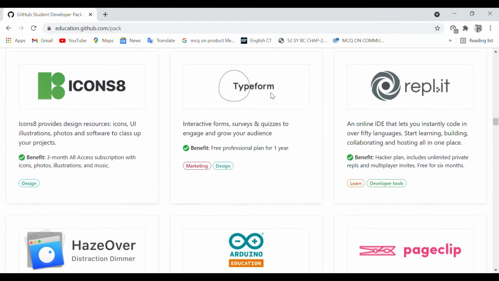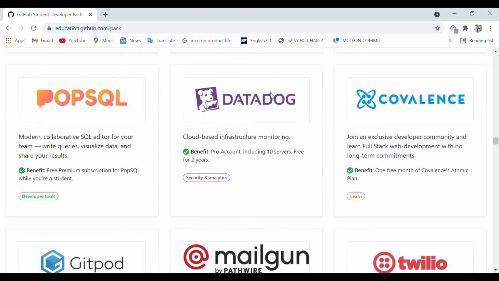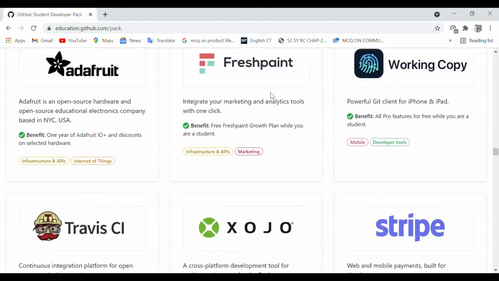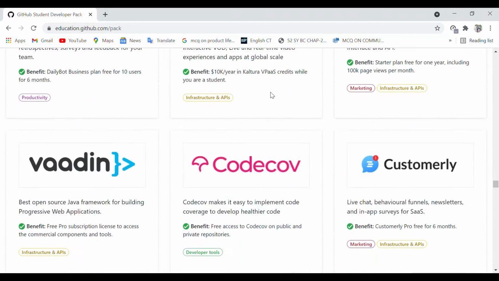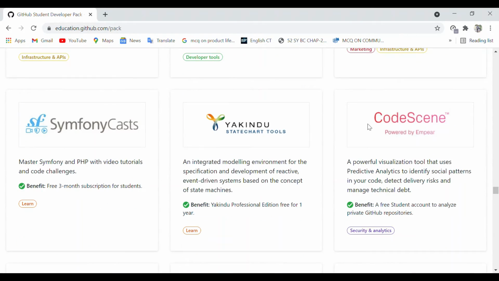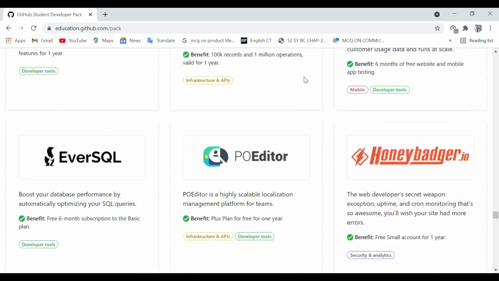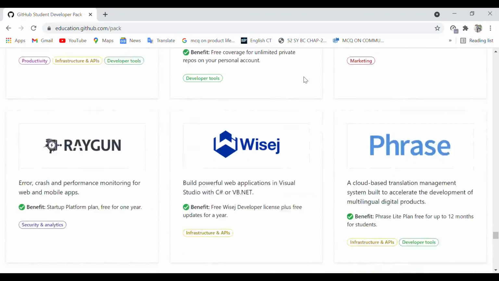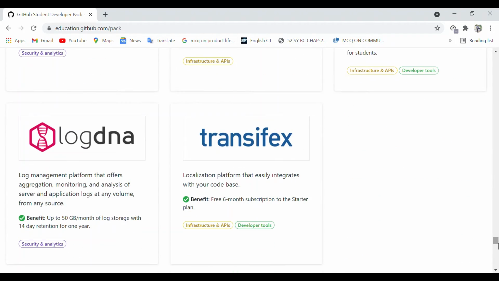Just like Google Tasks, you can schedule your tasks and tick them whenever you are done with them. This one is CodeScene, which is also a nice one. It creates social patterns in your code. Then Notion is there, I think I missed it. Notion is there, but please scroll through and check it out.